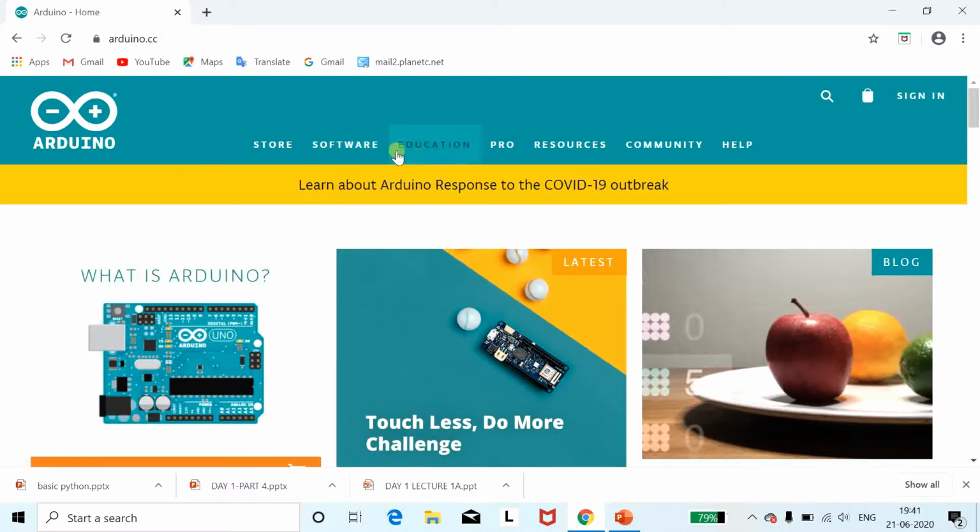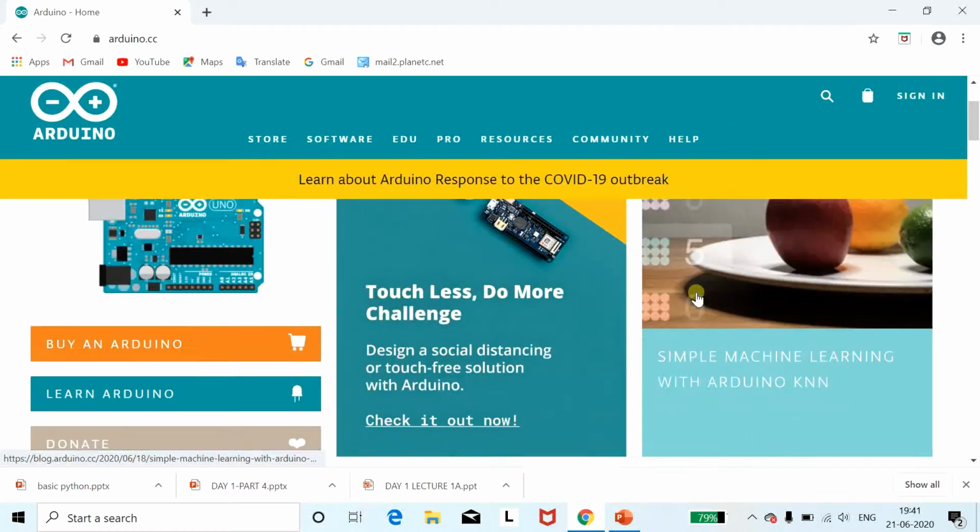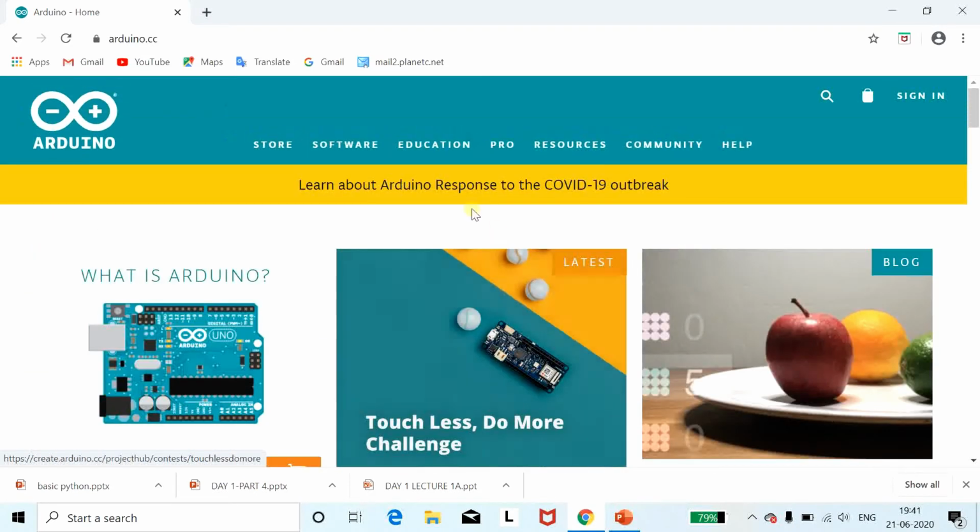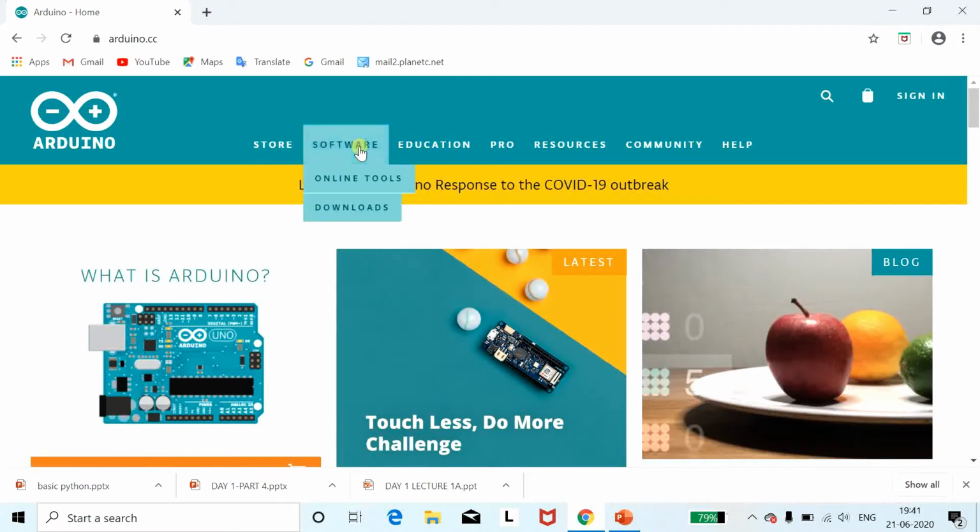Now once you came here in software, you can see that this is the main platform of your arduino.cc. How we can use this software online, that we are going to see in the next upcoming session, but right now we are just going to see how to download this Arduino. So to download it, click on download.